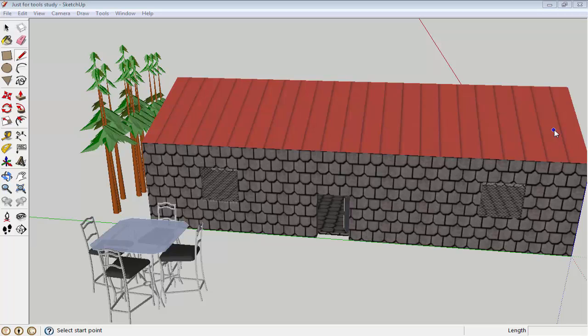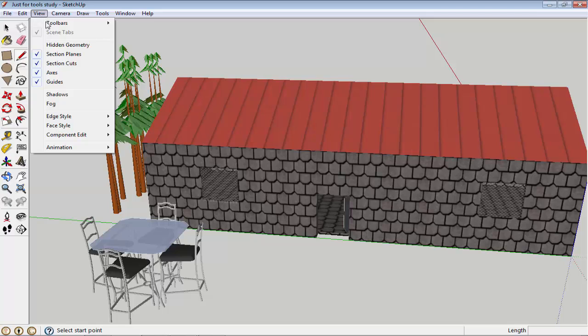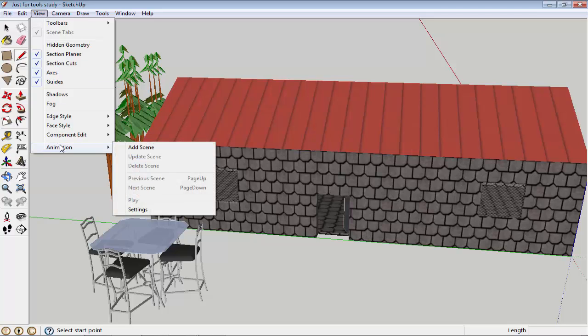Okay, in this video tutorial we will talk about animation. In Google SketchUp, we have a very awesome option that you can animate your drawing or whatever. So this is a basic section, so definitely we will learn only basic things, not advanced. For animation, the first thing you will need is to go to View, and you can see the last option is